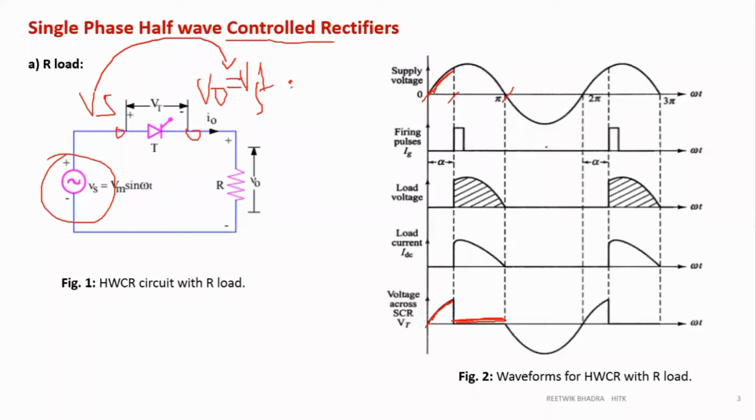Right? In the second half cycle, the thyristor is off. This point is open, so 0 over here. What does Vs become? Minus. So this becomes minus Vs minus 0, which gives you minus Vs. Or if you consider Vs over here, because just the polarity is changing, you will get Vs over here only. So Vs is nothing but negative over here.